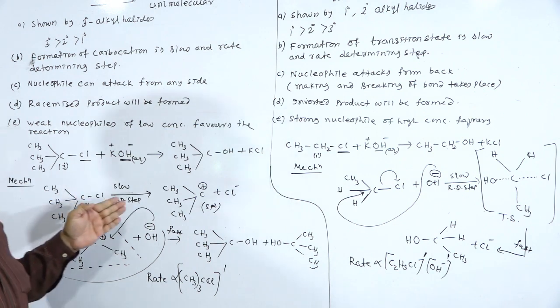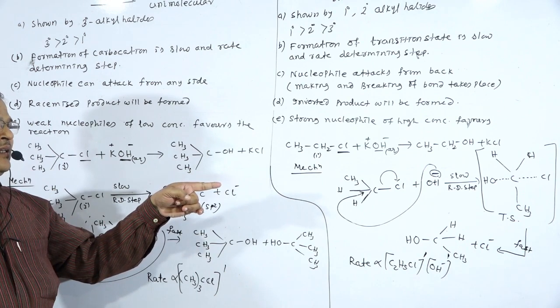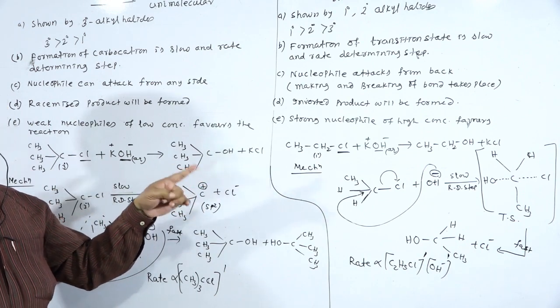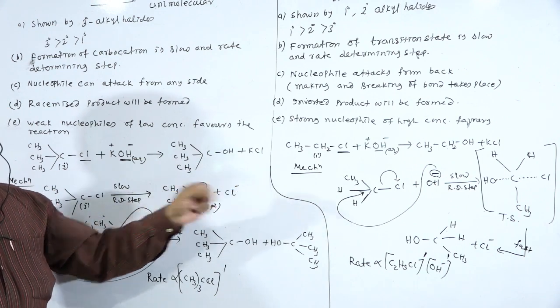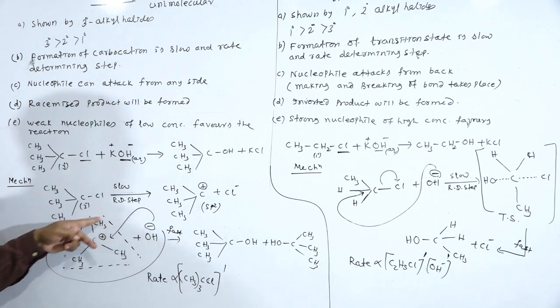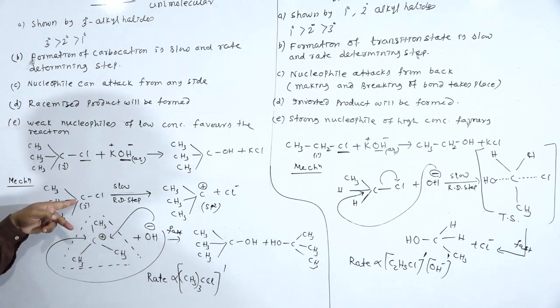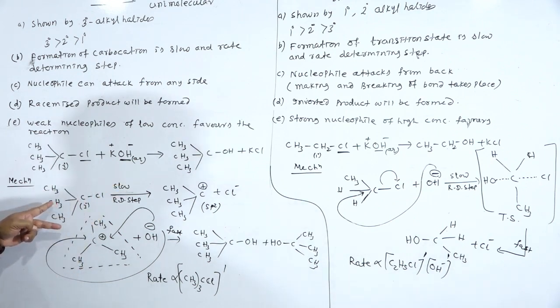So, the question is why there is a back attack? Because Cl minus and OH minus will repel, so there is a backward attack because of the presence of 2 less bulky groups. Why is there no such back attack? Because of the presence of the 3 plus I groups, more bulky groups, OH minus cannot easily enter the site of that carbon atom. But in that case, there are hydrogen atoms, small groups, therefore the nucleophile can easily enter.